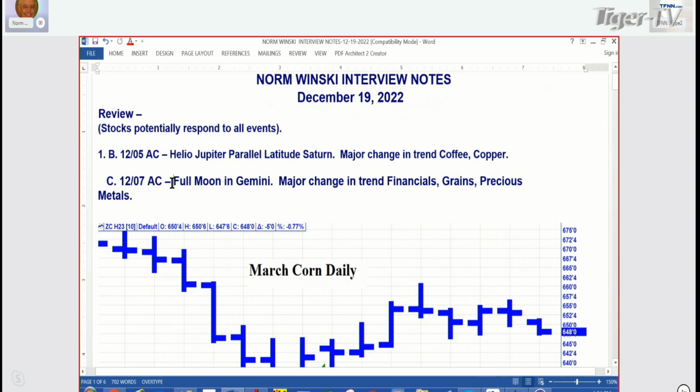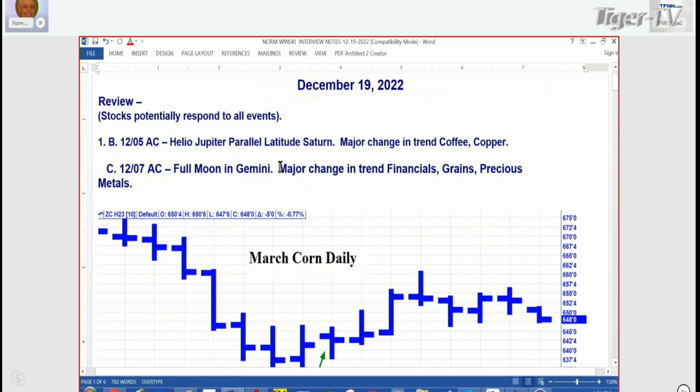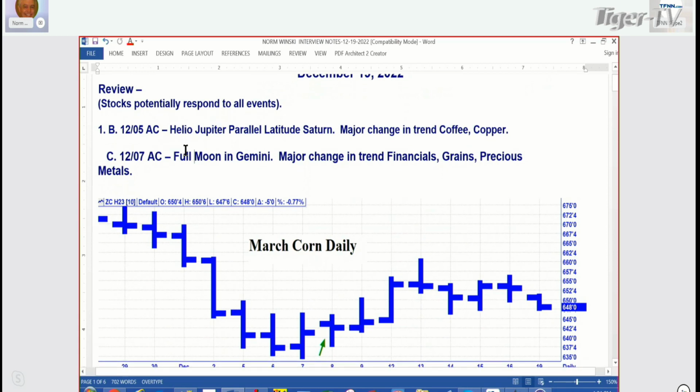All right, then the night of the 7th into the 8th, we had a full moon. That was a very interesting full moon. I talked about it at length when I was on there on the 6th. It was lining up with Mars, and the Earth and the Sun were all lining up there, and the moon was going to block your view of Mars for a few minutes. Occultation, that doesn't happen very often. Anyway, so we had the full moon. Anytime we have a full moon, we round up the financials, grains, and precious metals. Take a look at those.